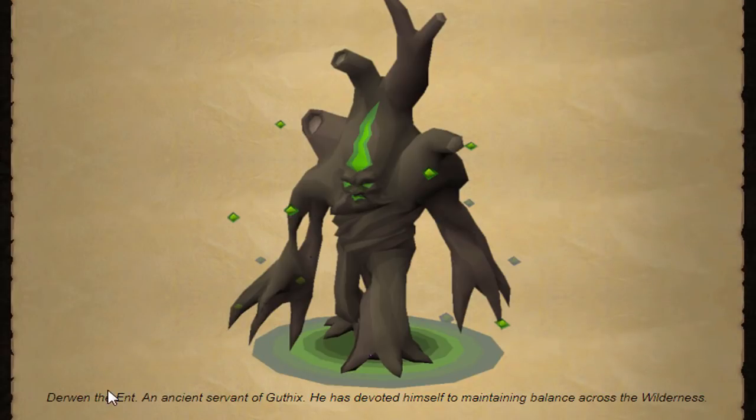And then down here we have Derwin the Ent, looking absolutely adorable. An ancient servant of Guthix, and we have to kill this guy. Feels bad, man. He has devoted himself to maintaining balance across the Wildy. If he wants to maintain balance, why are we fighting him, man? That makes no sense to me. Who knows? But, who... Wait, is that a...